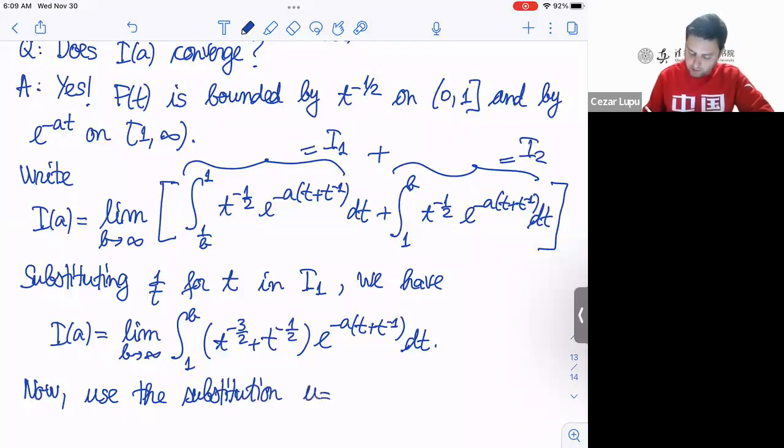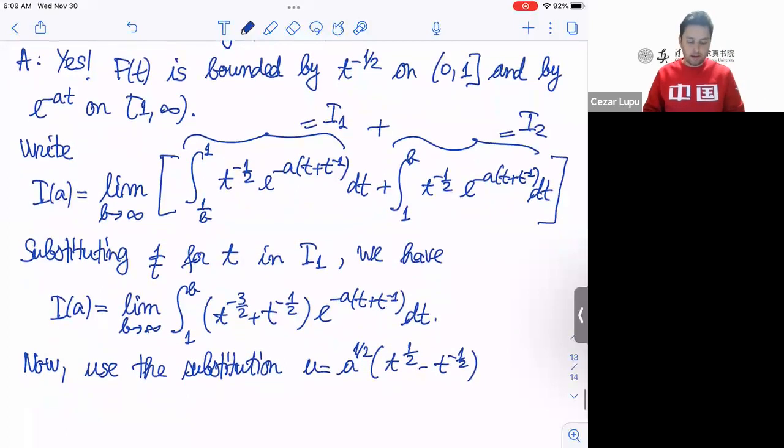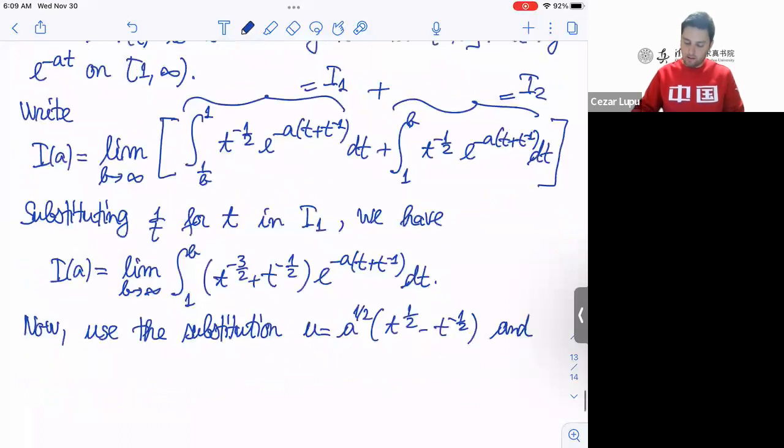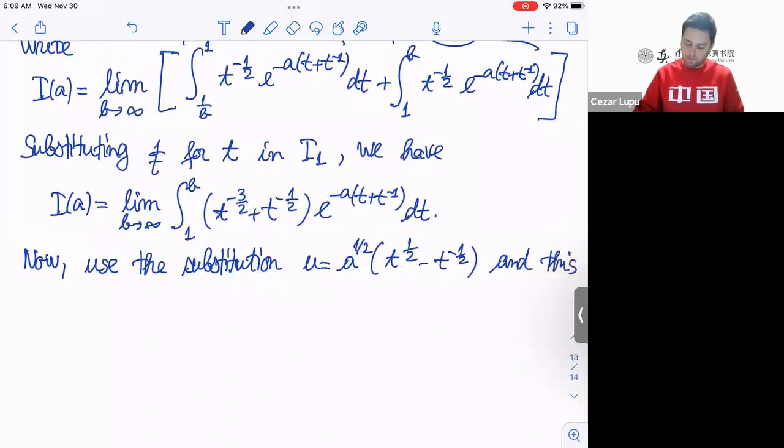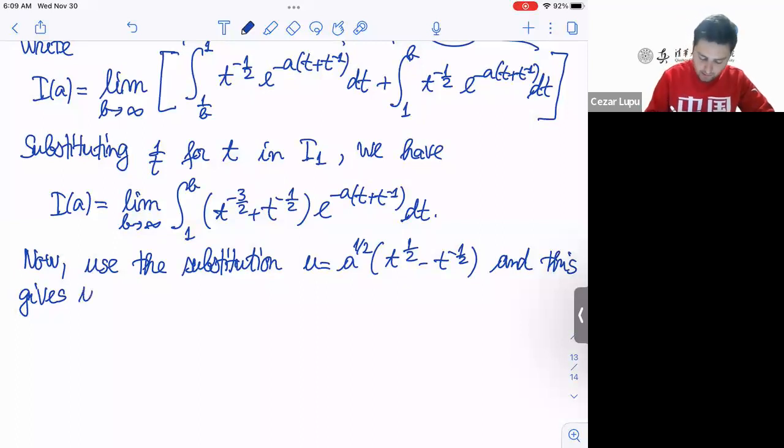Let's use this u substitution: u is a to the 1/2 times t to the 1/2 minus t to the negative 1/2. And then finally this gives us, anyway, I'm just going to write it directly. I think I've done the computation somewhere here. So this gives us something like,